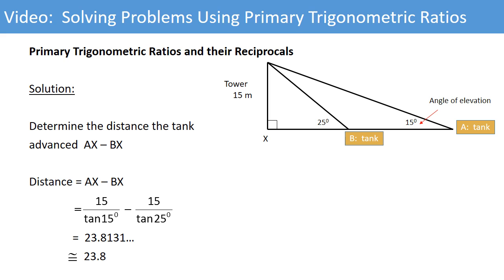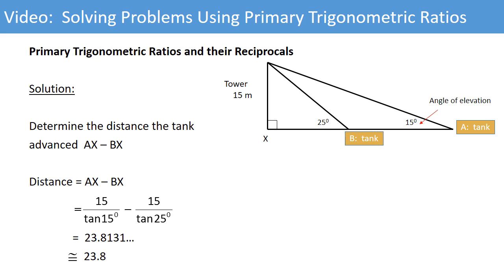Now, to determine the distance the tank advanced, you will take the distance AX and subtract the distance BX. So AX we said is 15 divided by the tan of 15 degrees, subtract the distance of BX, 15 divided by the tan of 25. Using your calculator, that will equal